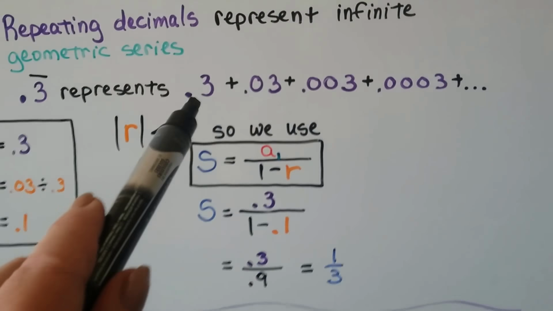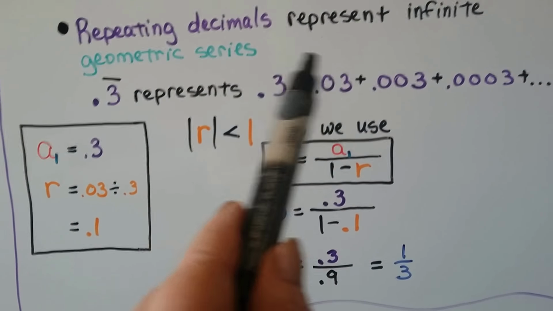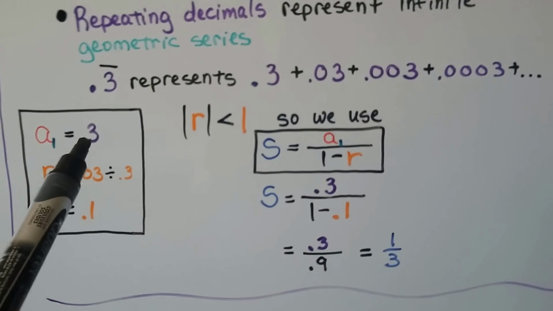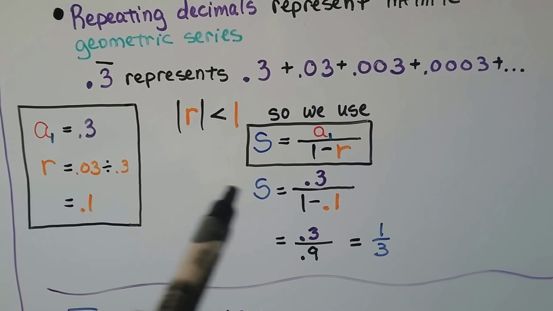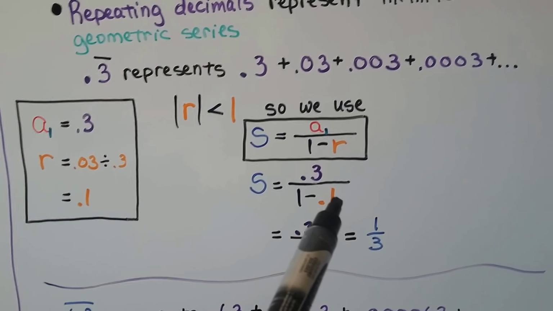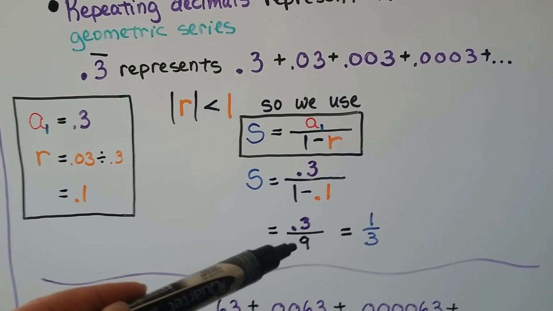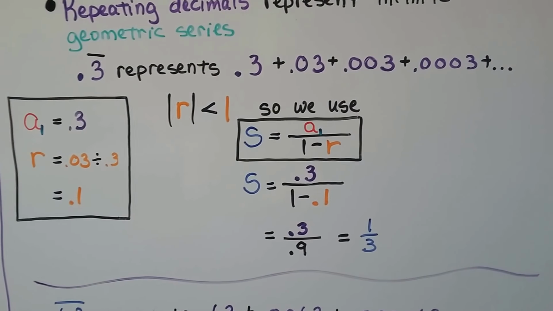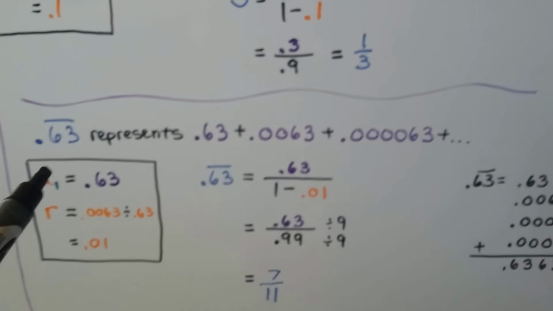So we know our a sub 1 is 0.3, and we find r by doing our division, right? 0.03 divided by 0.3. We can double check it with this one to this one. We get 0.1. So now we have a sub 1 is 0.3, and we've got 1 minus 0.1. So that's like $1 minus 10 cents, isn't it? So it's going to give us 90 cents or 0.9. And 0.3 divided by 0.9, if we simplified this, it would be 1/3, wouldn't it? See that? We can do it when there's more than 1